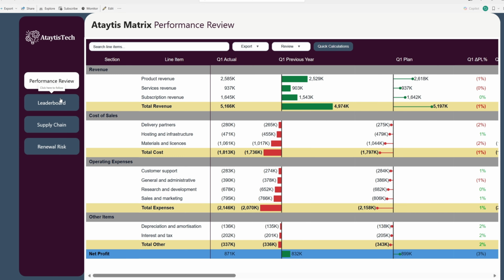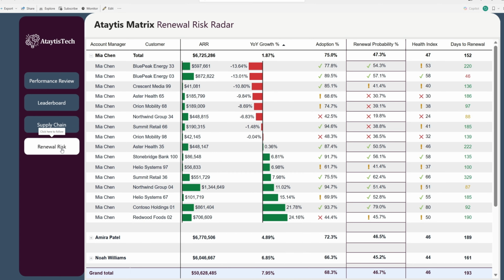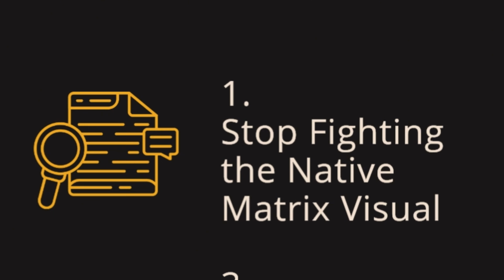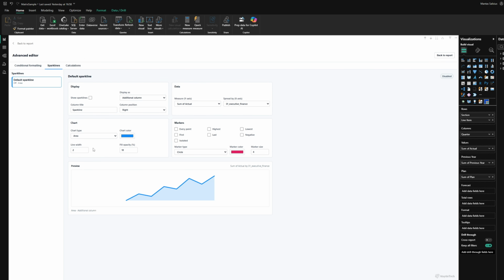Ataytis Matrix helps you build better Power BI reports faster, and I'm going to show you how. In the next few minutes, I'll show you how Ataytis Matrix stops you fighting the native matrix visual, helps report users make decisions faster, makes the report more interactive, and gives you cleaner outputs when the report needs to be